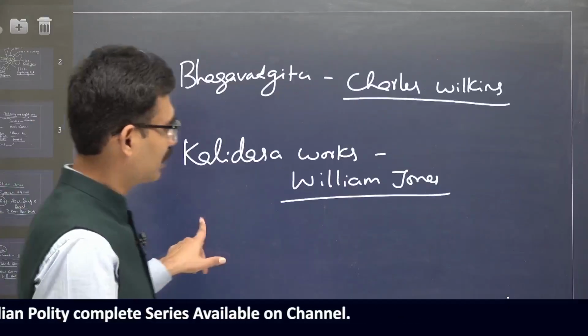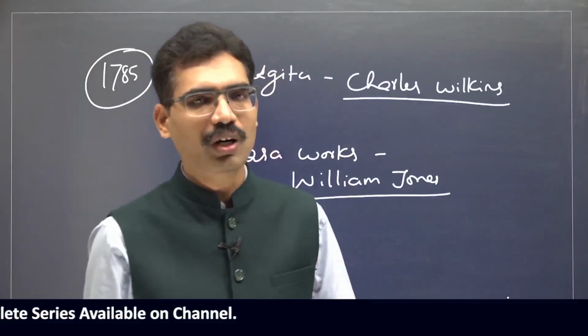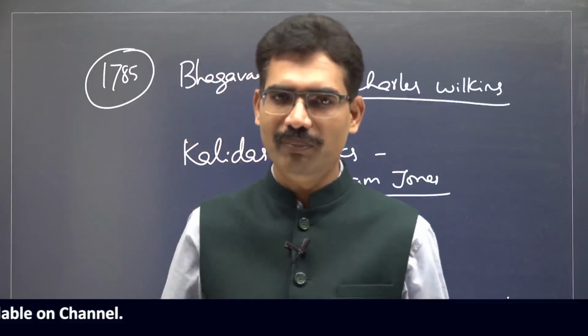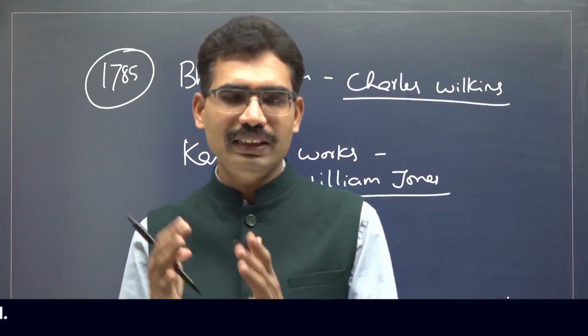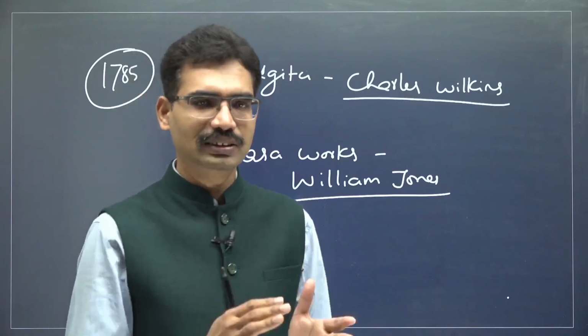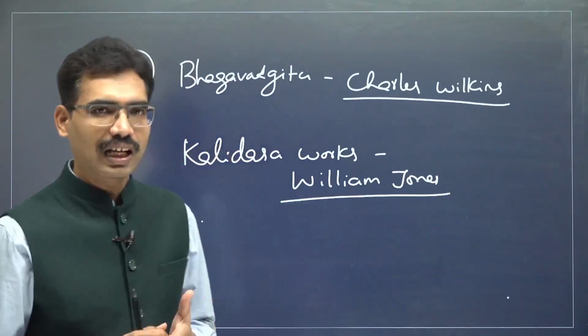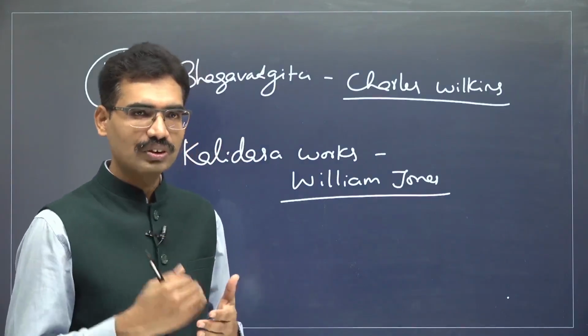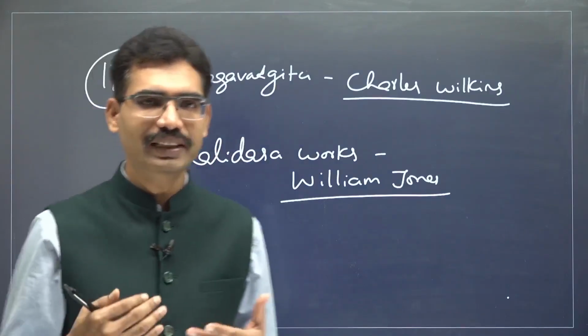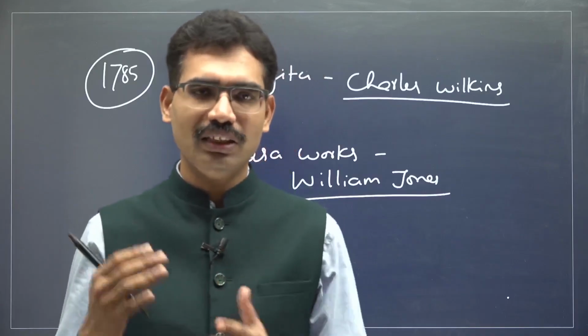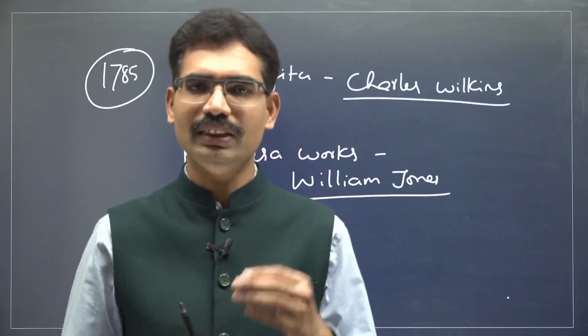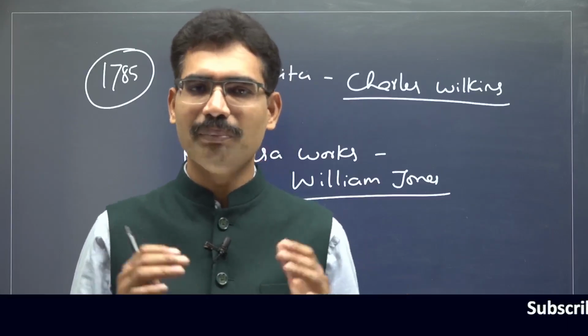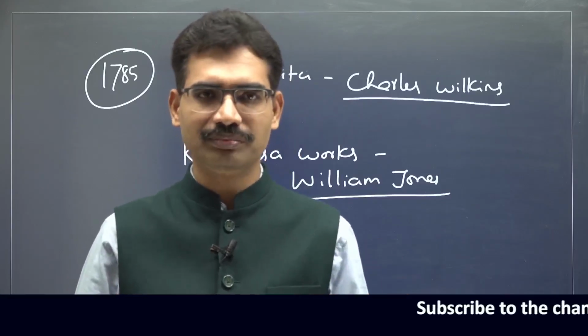many questions are there. William Jones, who organized Asiatic Society of Bengal, under his guidance, Sanskrit works and the Arabic and Persian texts are gradually getting translated into English so that English officials can understand the lifestyle of Hindus and Muslims in India, so that they can better judge the people and better administer the people.